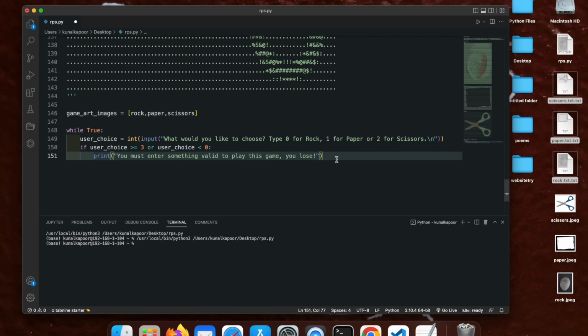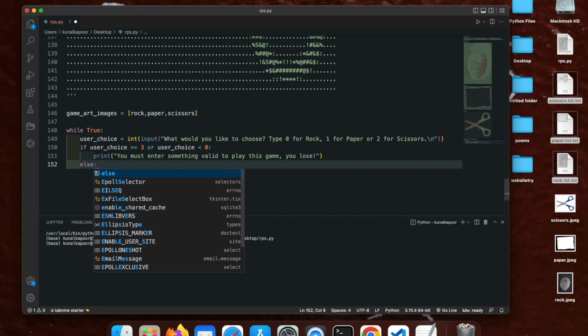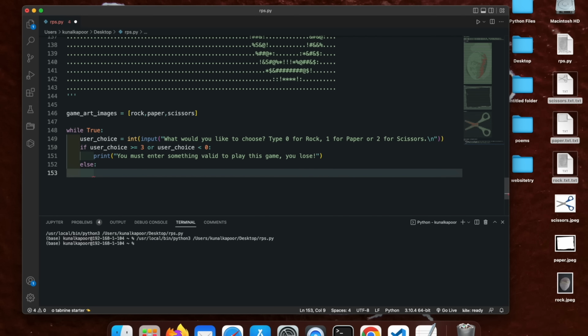Okay. Now, else. So else is going to be any valid condition. Now there will be a lot of different valid conditions here. However, this particular bit was invalid. So else,